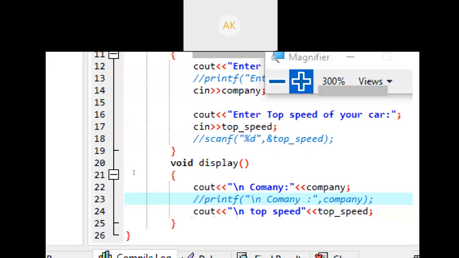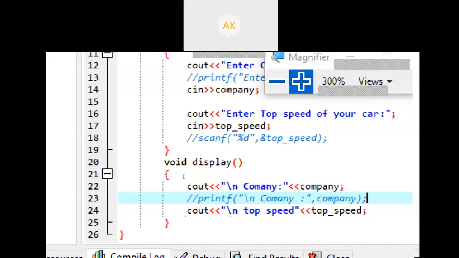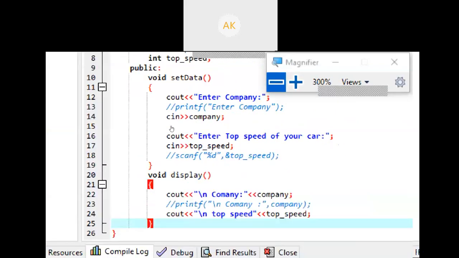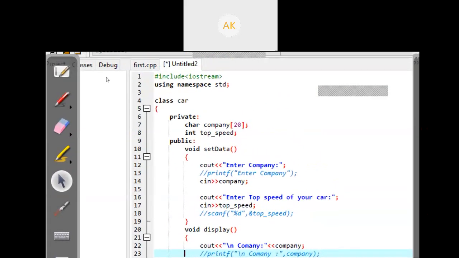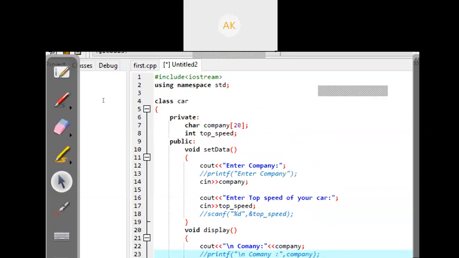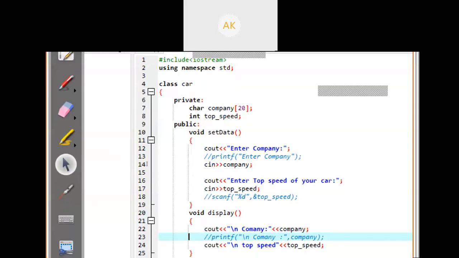In this line we use cout, console output, in C++, and in C we write printf, company in double quotes, comma, your variable name, which variable you want to print here. So here we have declared your class car, two member variables company and top speed, and two methods, set data and display method. Both methods are public and both data members are private.